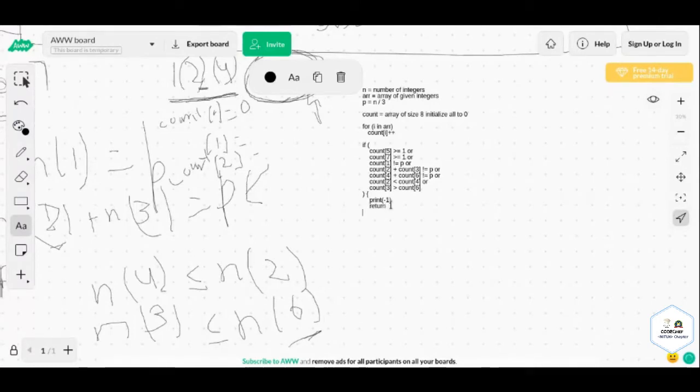And we will just return after printing. And if any of the conditions doesn't match here, then we say that the solution exists. What will the solution be? The solution will be printing 1 2 4. First of all, we will print 1 2 4, and then 1 2 6, and then 1 3 6.